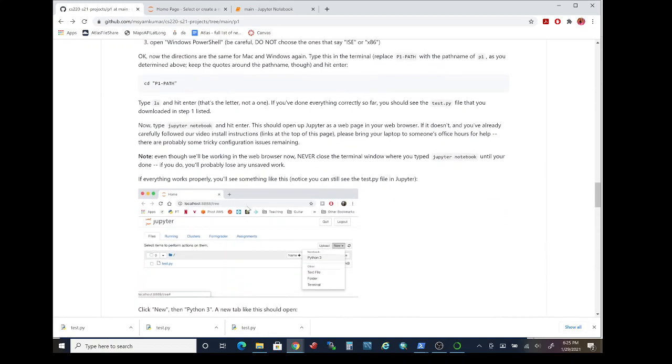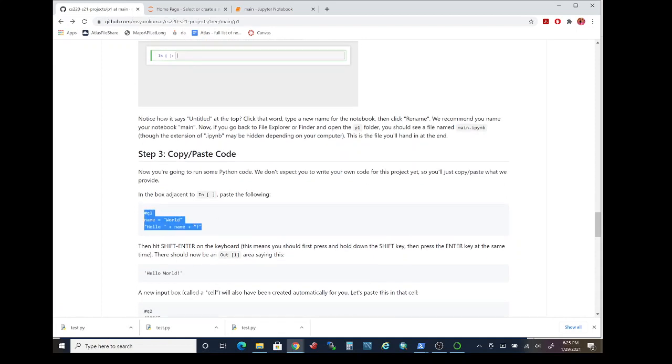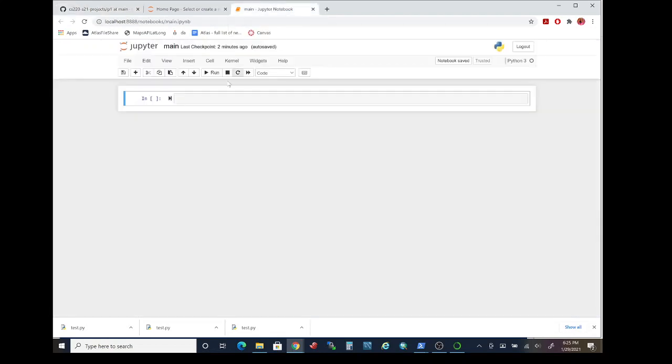Step 3 is going to be about copy pasting code. Select the code in this highlighted part here and use Ctrl and C keys on your keyboard to copy the code, and you're going to paste the code into the cell, which is this rectangular structure highlighted here.